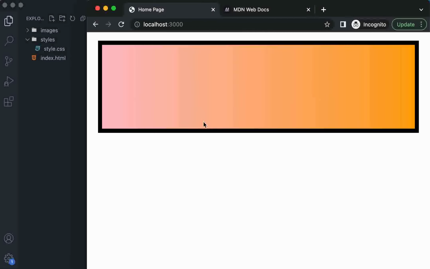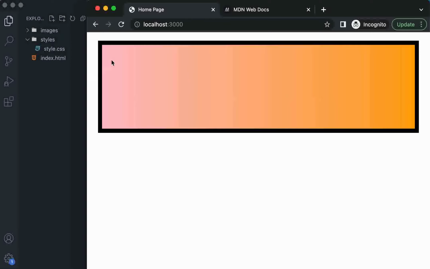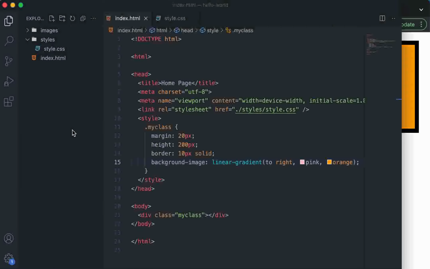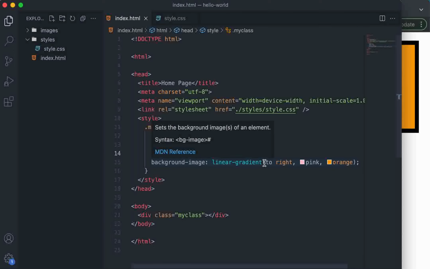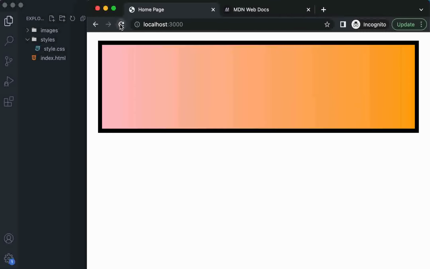For example, let's take one question which one of the people asked in one of my sessions. They were trying to tinker through some of the content, and one person realized that there is currently a box with a background image as a gradient. Then instead of solid, if I put, let's say, dashed, right? Then we will see that